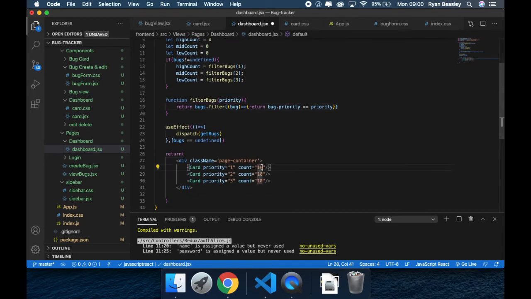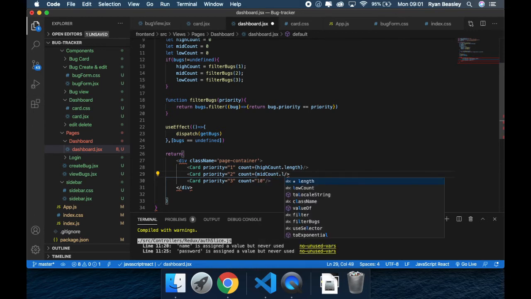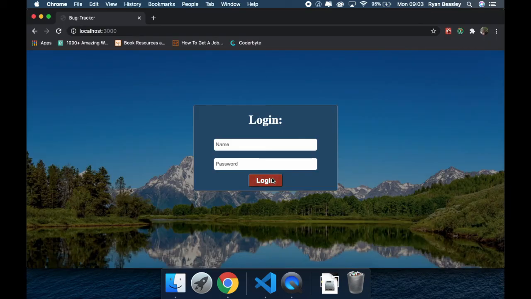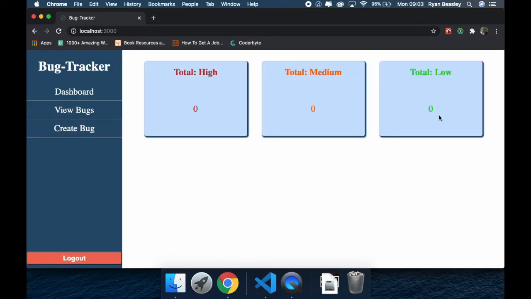So in the count down here, we'll get the high count, and you're going to just do dot length, because it's going to be an array of objects. And we'll do the same for mid count, sorry, dot length, and lowCount.length. So we'll save that, we'll log in, and you'll notice you're getting no numbers, but when you actually